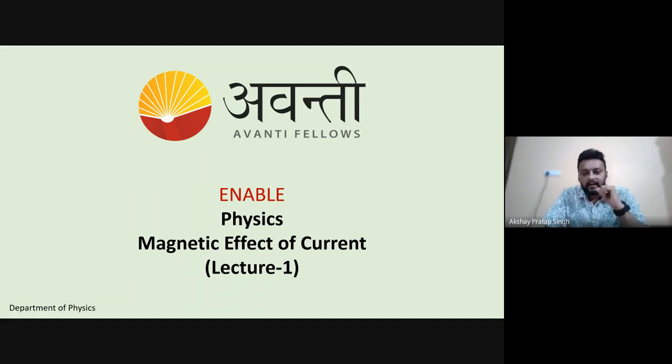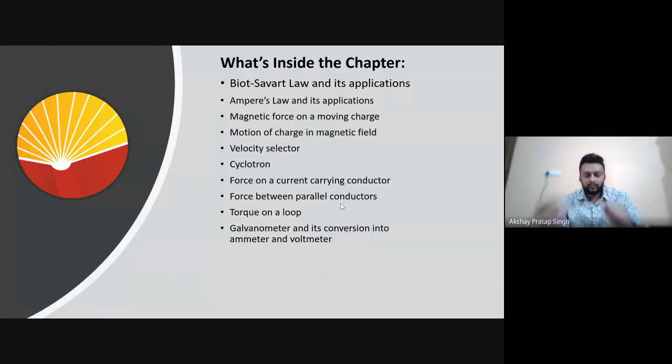Okay. So, what is the chapter magnetic effect of current? This is chapter fourth of your class 12 physics. First of all, we will discuss what are the topics that we are going to discuss in this chapter, or we can say what is the syllabus of this chapter. So, syllabus, if I talk about,